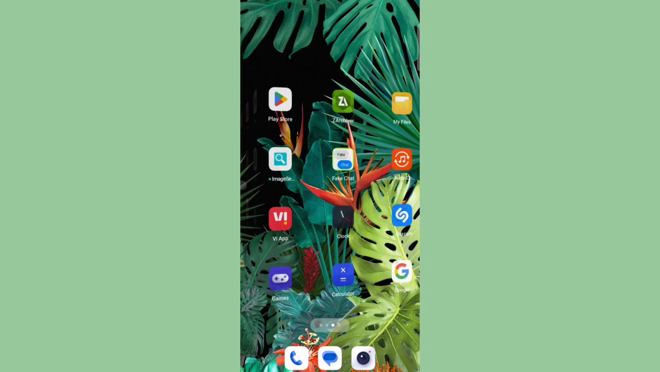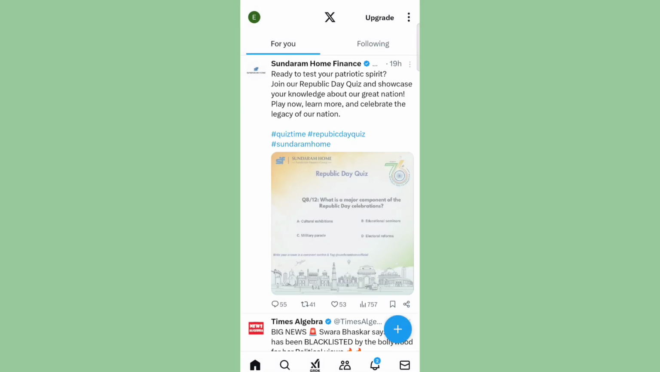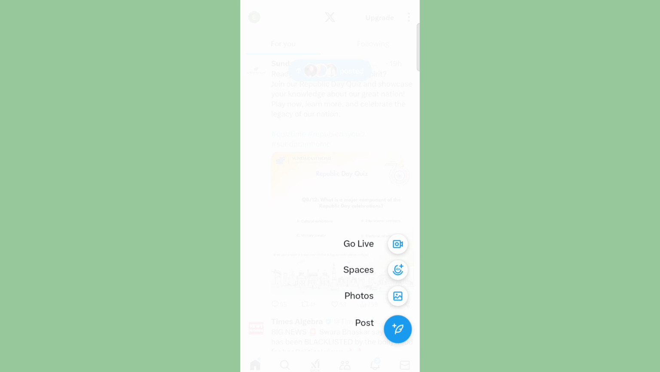How to tweet, like post on a Twitter account. So open the Twitter application, then you will see options like the plus icon, photos, and post. So click on the post option,